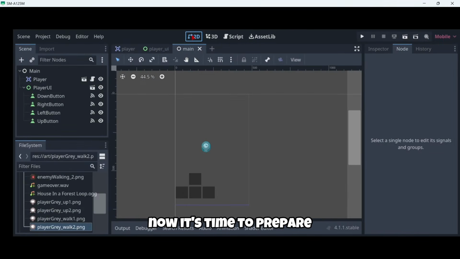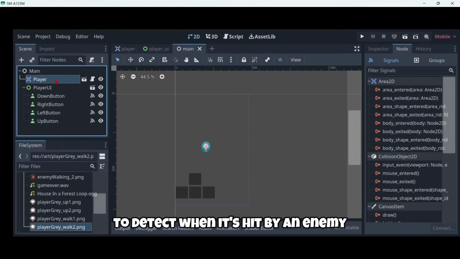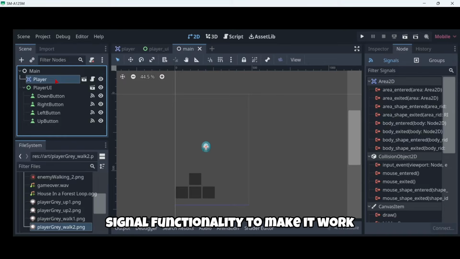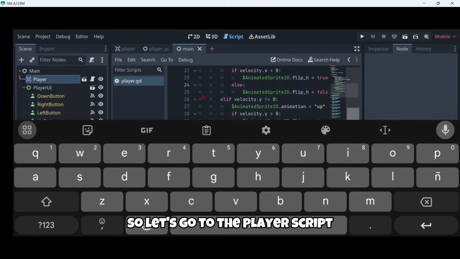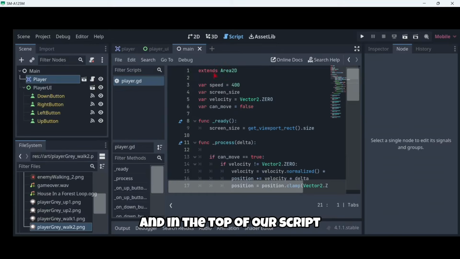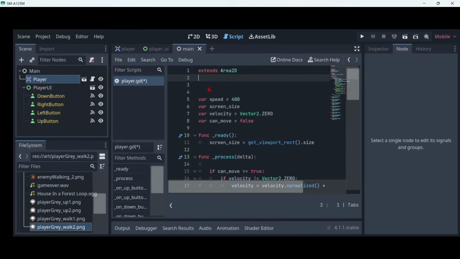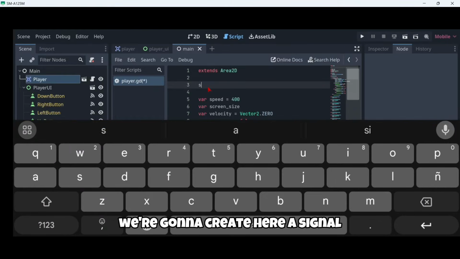Now it's time to prepare our player to detect collisions. We want our player node to detect when it's hit by an enemy, but we haven't made any enemies yet. That's okay, because we are going to use Godot's signal functionality to make it work. So let's go to the player script, and at the top of our script, under our extends statement, we're going to create here a signal